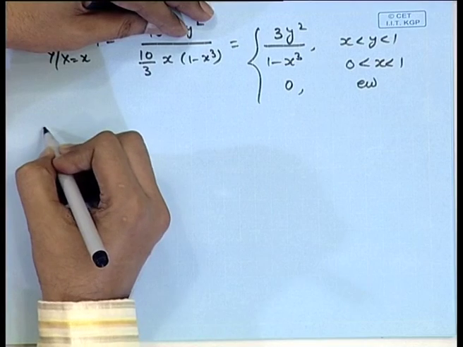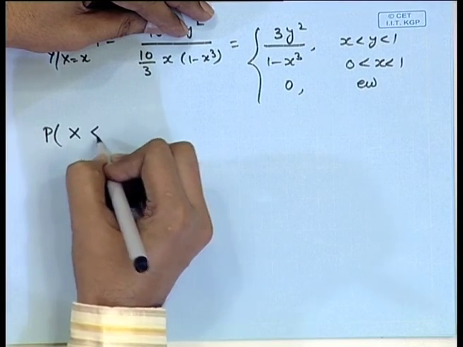So, given the joint probability density function of x and y, we are able to obtain the marginal distributions of x and y, and the conditional distributions of x given y and y given x. And therefore, we can answer all the probability statements regarding the joint probabilities of x and y, the individual probabilities related to random variables x and y, or the conditional probabilities related to x and y. So, in this particular case, let us look at some such questions. Suppose I ask, what is the probability that x is less than 1 by 4?